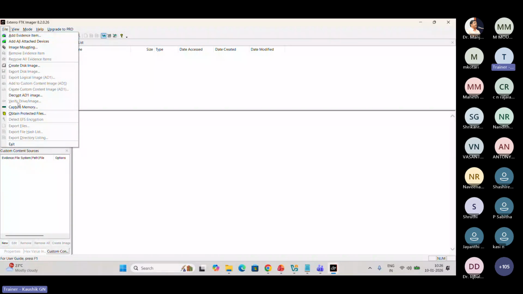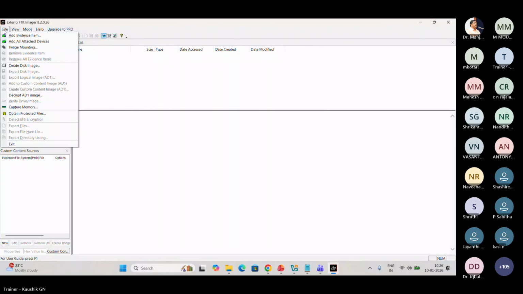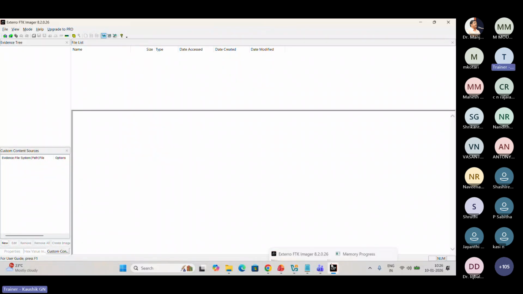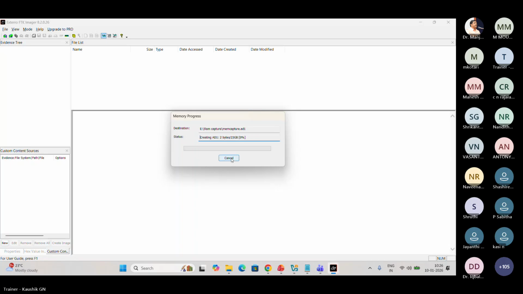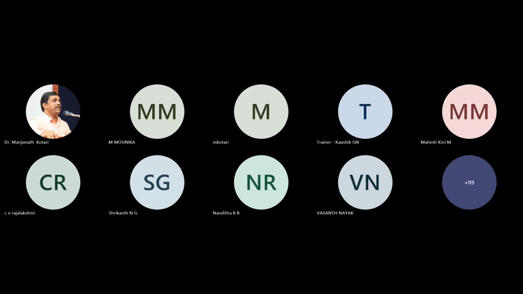The memory image is created, and I can take it out. So the RAM memory is captured.